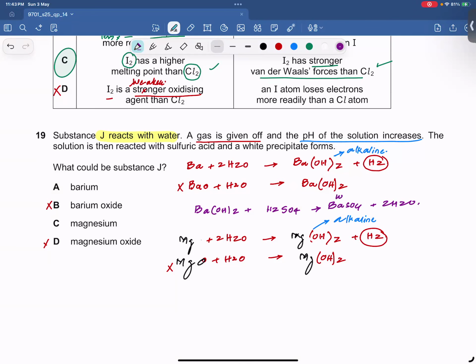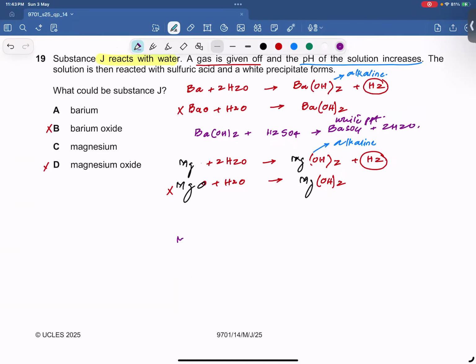Okay, and this barium sulfate is a white precipitate. By the way, when magnesium hydroxide reacts with sulfuric acid, it will turn to magnesium sulfate and water. But magnesium sulfate is soluble in water, it will give you a colorless solution, which is why magnesium is also